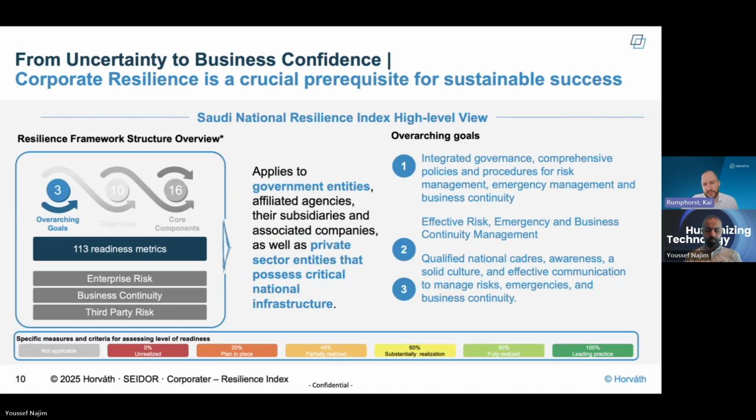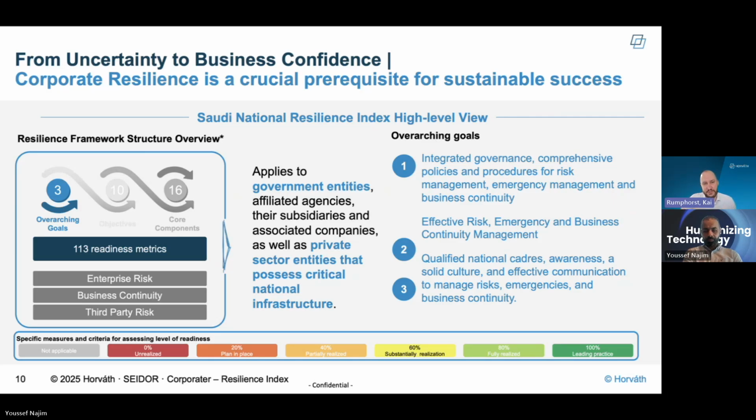Those metrics are very broadly spread, focusing on ERM, BCM, and crisis management, and all of them have or could be rated. We developed an assessment that tells you in the end how mature you are in the matter of the Saudi National Resilience Index.